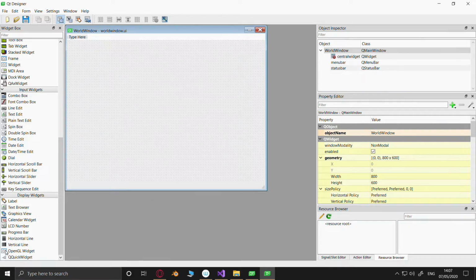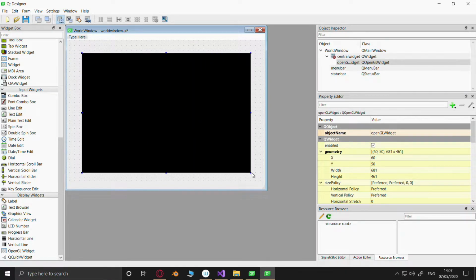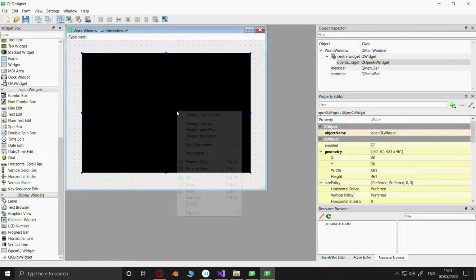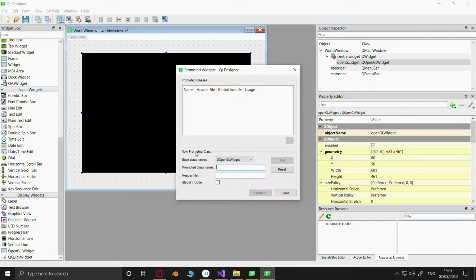Let's use proof of concept. Okay, so what we're going to do is promote to. The class name is OpenGL view.